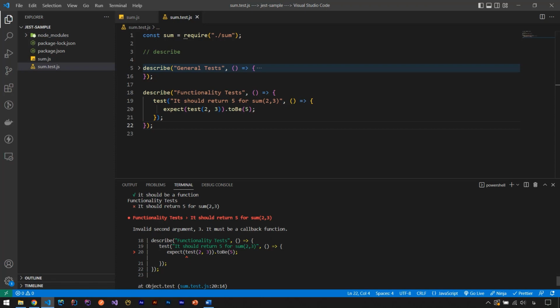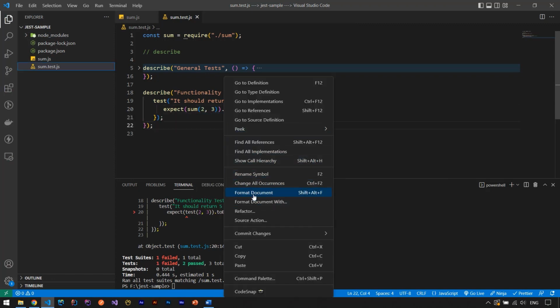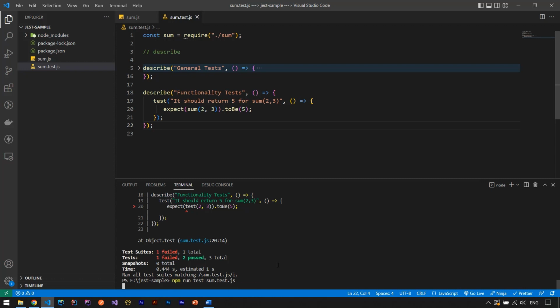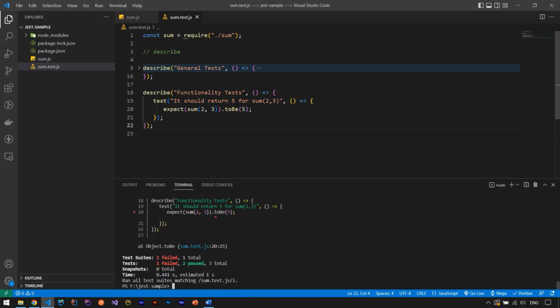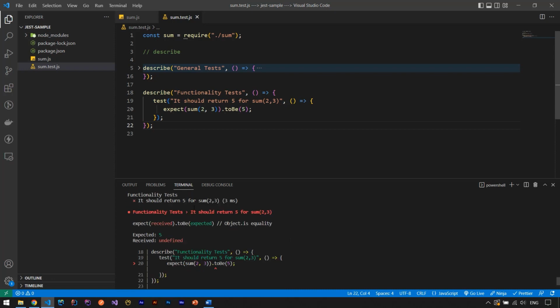Invalid second argument 3, it must be a callback function. And what is going on here? Let me show you this. Oh, this is the problem. I should use sum here and format my document. You can see that it easily got my error and bug, and that's really a good way of showing how this Jest is working. So after finishing and correcting this bug,